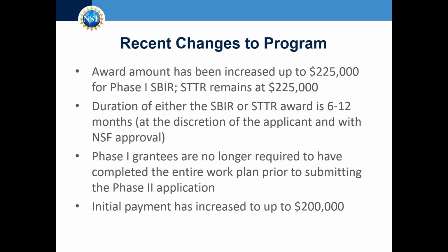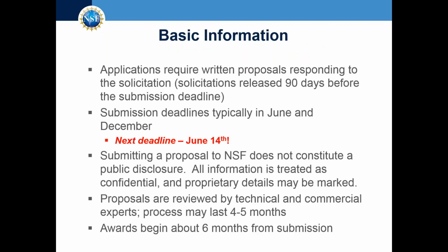So let me move on and talk a little bit about some of the basic information. First, again, to receive an award, you must submit a written proposal responding to our solicitation, and the solicitations are released 90 days before the submission deadline. Our most recent solicitation was released on March 14th, I believe,